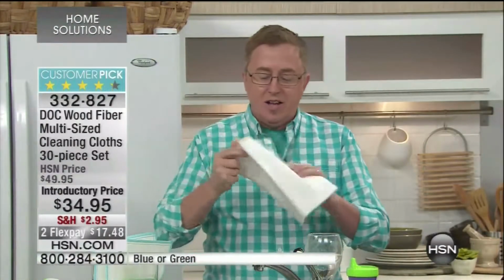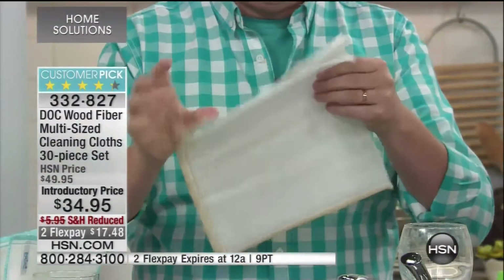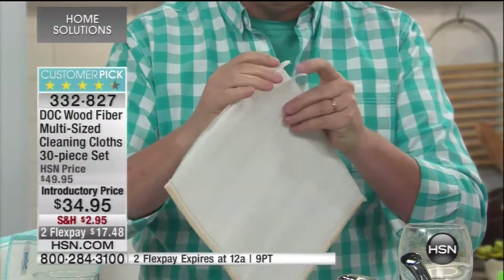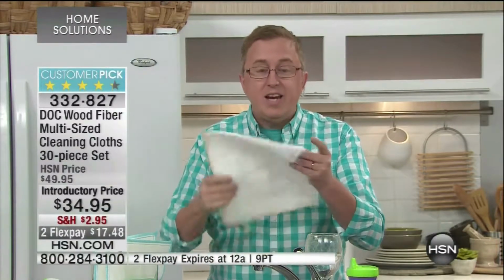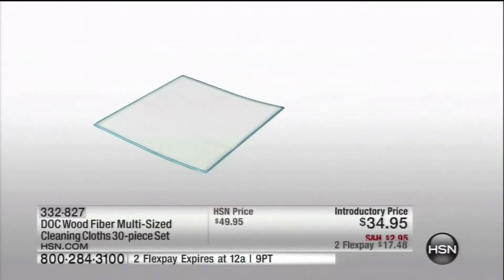You get the Dock Cloth. Now, the Dock Cloth is unique. It really, truly is. It is a revolutionary new technology in cloths, okay? A cleaning cloth that is 8 different layers of wood fiber. Now, what does that mean to you? It means that it's going to be super absorbent. It was developed by sushi chefs that needed something that would clean quickly, clean efficiently, and